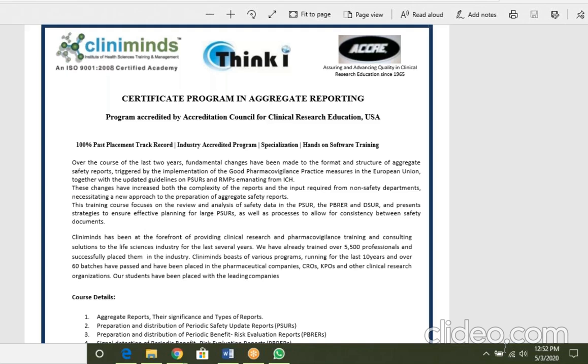What is the mode of the course? Can the course be done online? Yes, Shakala Kulkarni, the program is available through two modes. We have a self-learning online mode, and then there is an e-learning mode. In the e-learning mode, something like what Dr. Viket has done today, there will be 14 odd sessions like this, and you will have access to the safety database.